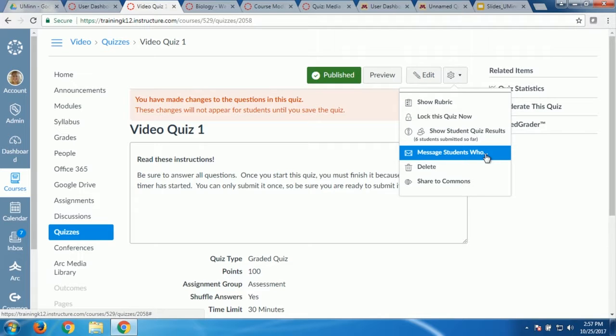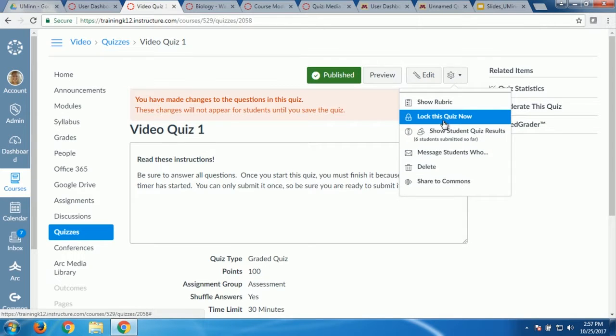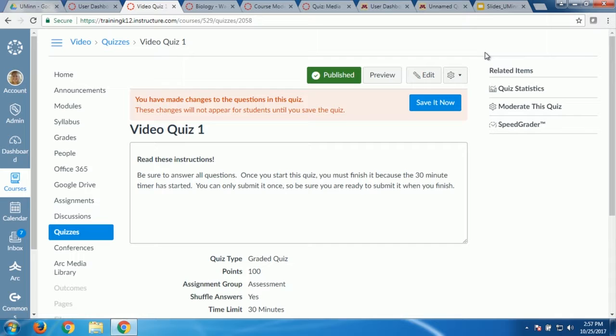You can also message students who haven't taken it or haven't scored a certain score. You can quickly message them from this space too. Lots of things. If I really messed up this quiz and want them to stop taking it, lock this quiz now. Or if I'm just closing out the window, lock this quiz now. Between class periods or sessions, or maybe there's a break in your class, lock the quiz now. They have to stop taking it immediately. So you can unlock and lock as you need to as well. Lots of quiz data features here.